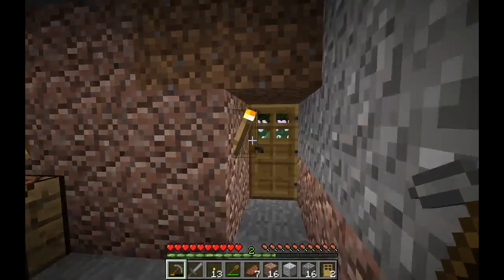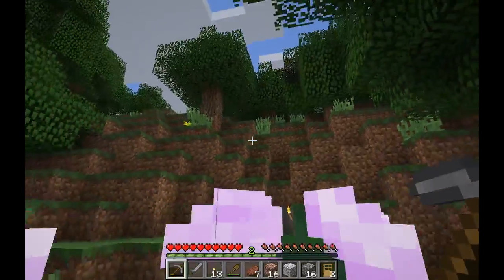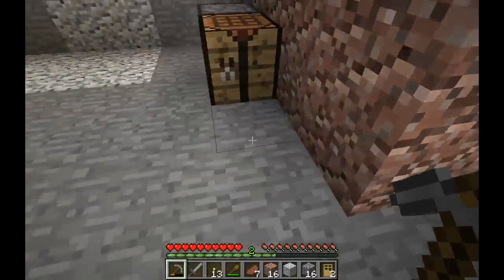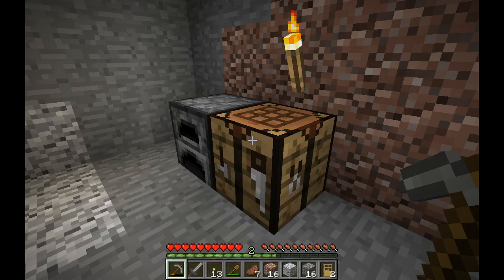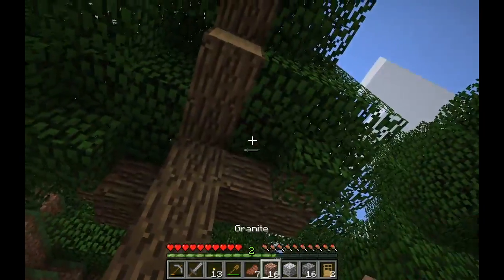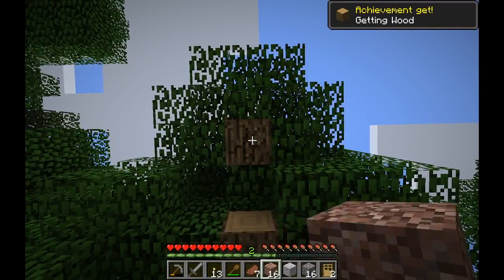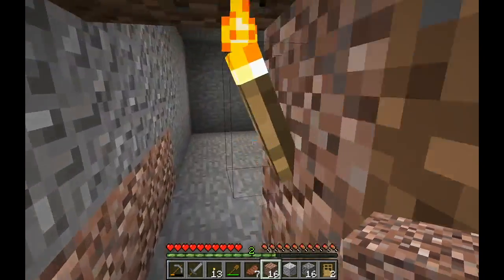All right, ladies and gentle piggies, it is daylight outside, and so we can step out and go exploring. Now, before we go too far, I need to get some wood and make myself... I'm going to have to punch some more wood. I want to make myself a chest because I need a place in my home base to keep these supplies,